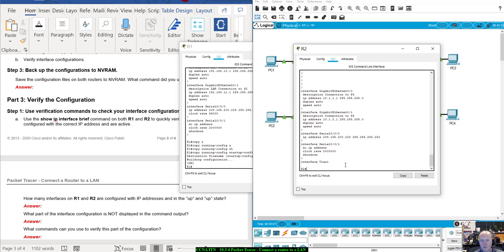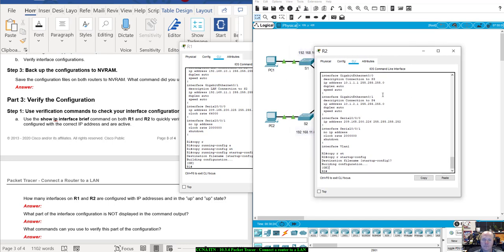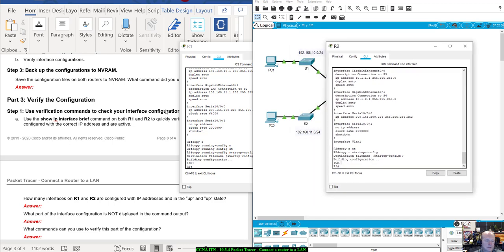Control C, copy. Remember the shortcut: copy space R space ST. Alright, so all that's been backed up,